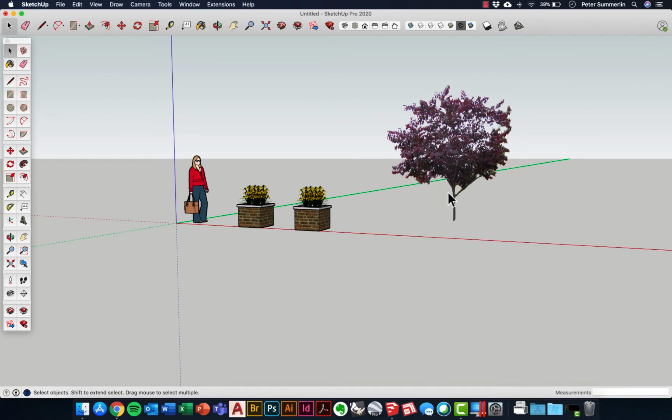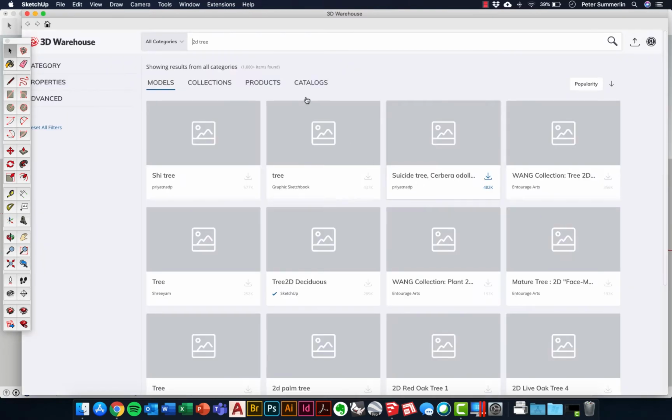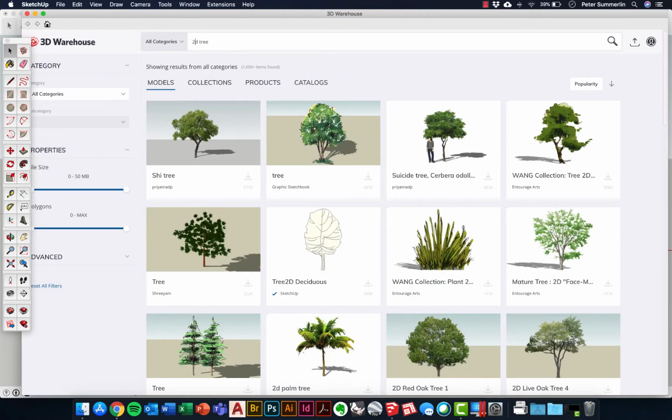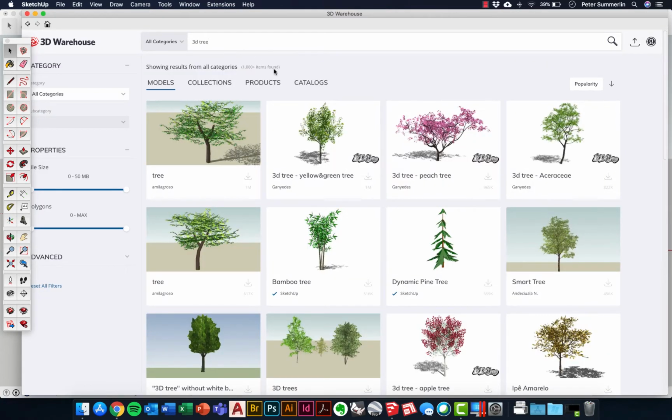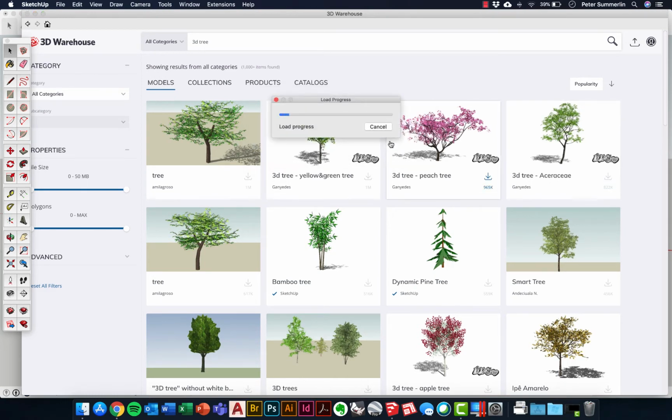Now, this is one common type of tree. If you're going to repeat this around a bunch of times, or maybe have it in the background, this is probably going to be your best approach, because other approaches are going to really start to bog down your model the heavier they get. So I'm going to go back to 3D Warehouse, and in this case, we're going to type in 3D tree. What you're going to notice, again, sorting by popularity, you're going to get some really popular options up here. I'm just going to grab this one right here and click the download button, load this directly into your model, say OK,